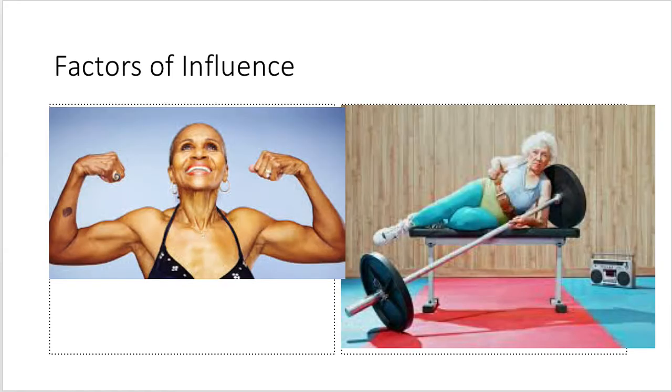Factors of influence. So guys, when you think about someone coming in and when you're prescribing exercise, you're going to think about their genetic makeup. So lots of different body types out there, and then lots of different experiences. So that's nature versus nurture. So genetic makeup is hugely important. It doesn't always define you. Their biological age is more indicative of their health status. So keep that in mind.